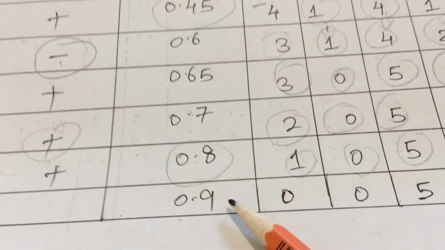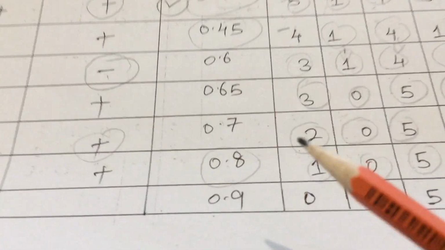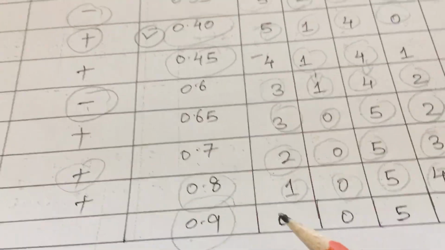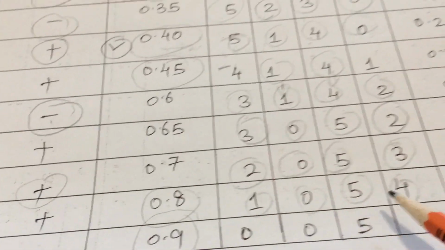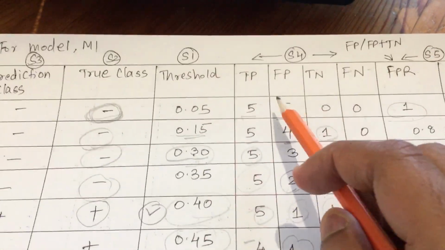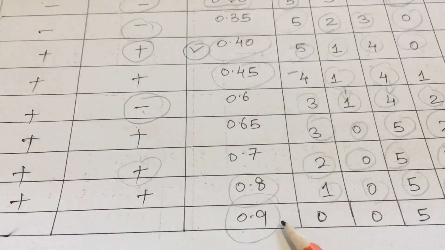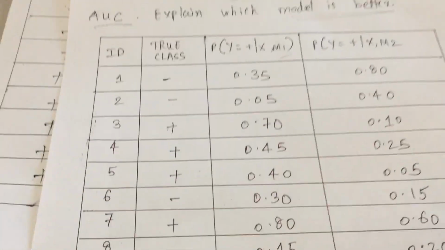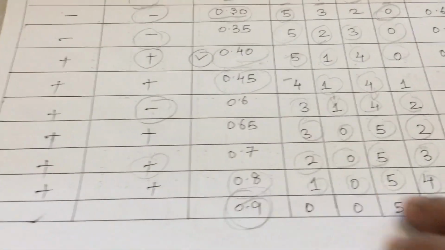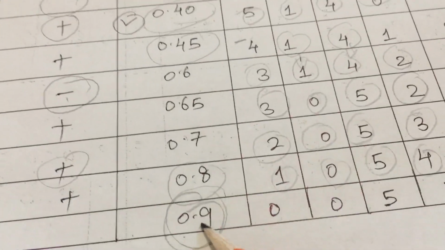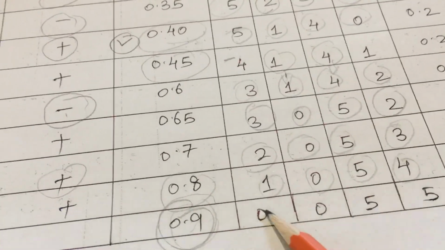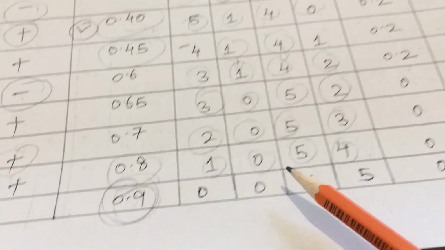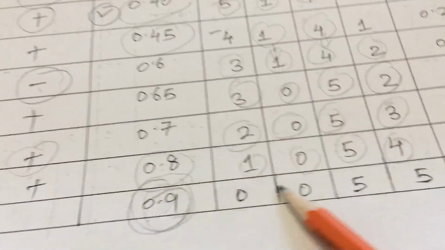Now we need to reach a focal point where we have to draw the curve. For that we need to converge all these points. Initially we had the configuration 5 5 0 0, so we need to converge it to some point. For that we need this threshold, that is 0.9. You can see in the test instance we have only 10, we don't have any 11th threshold, so we just consider this for the convergence. Otherwise our graph would have no convergence point. So for that purpose we considered this 0.9.